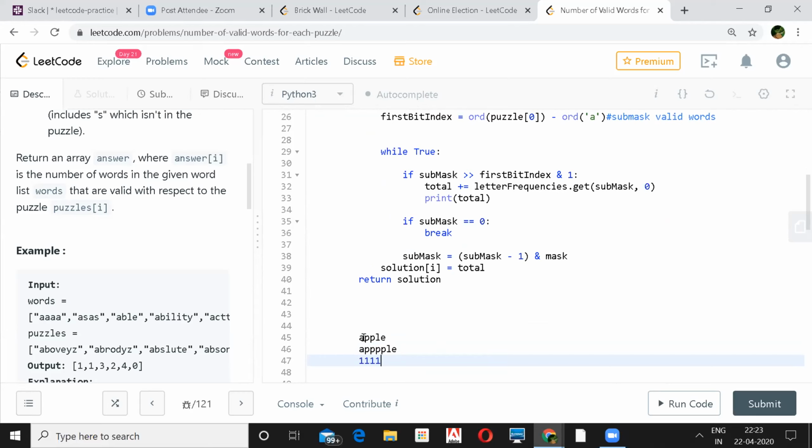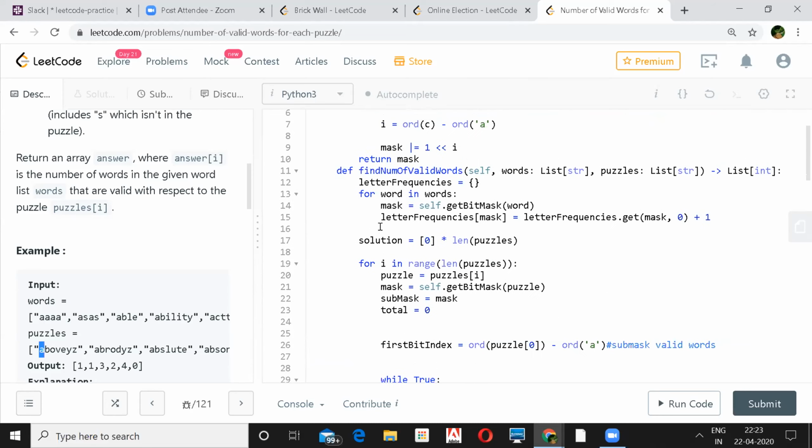So for A1, P1, L1, it's just a hypothetical mask I'm creating. For the other word also, it will be 1, 1, 1, 4. Corresponding to this one, you'll put both the words inside, apple and APPPLE. You have to make sure that any ith character of this word should match with the first word of this puzzle. So this is like bucketing everything: the words having the similar mask are put into the same bucket.